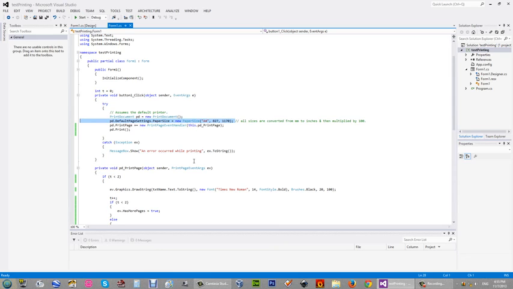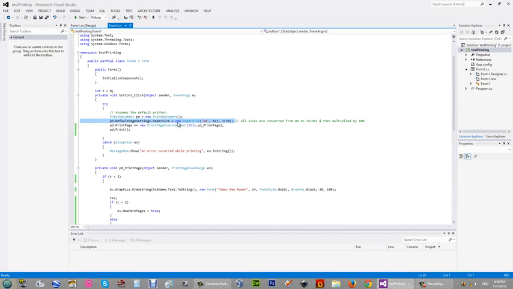This line is not essential, but for demonstration purposes I have included it. If you didn't include this line, it's fine. C Sharp will automatically set the default settings for your page.